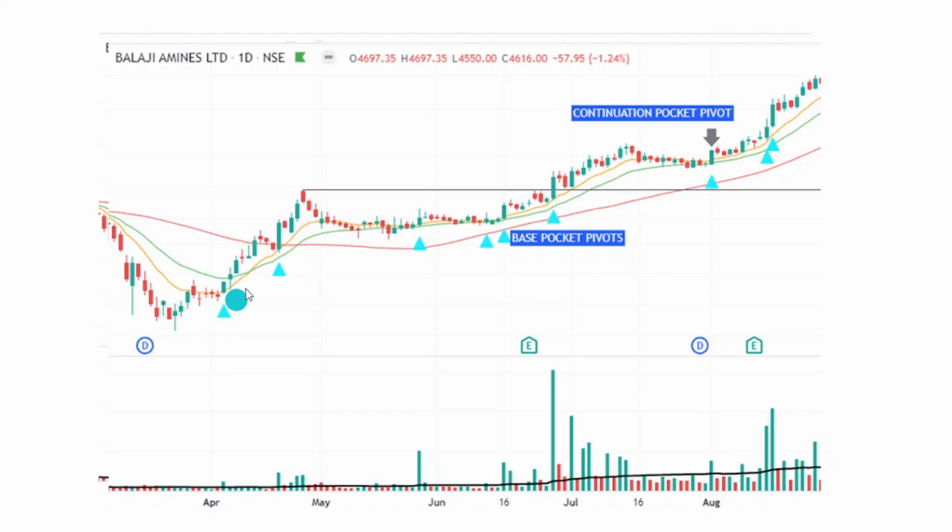So this stock, you can see that it's made an up move. It has then put in a base. Again, on the right side of the base, you find that there are a few pocket pivots, which would have given you an early entry. The stock then does a breakout and then moves higher. Now, if you'd like to add to this position, you want to make sure that you do it at an optimal point where the risk-reward is in your favor. You don't want to be jumping on once the stock has started to move and it's already extended. Here you see that there is a continuation pocket pivot that occurs at the 10-day EMA, and this is where you can potentially add to your position.